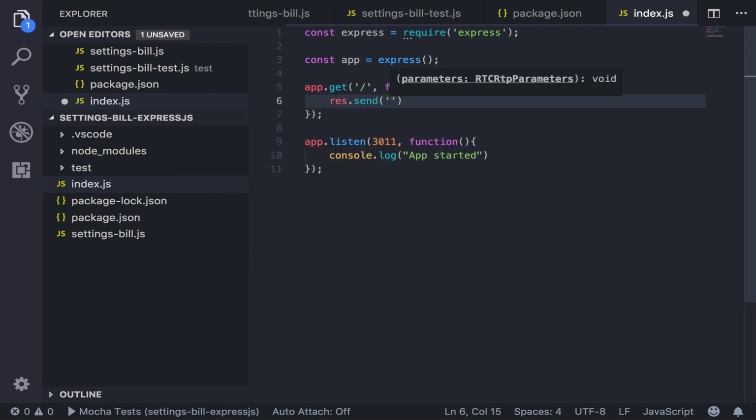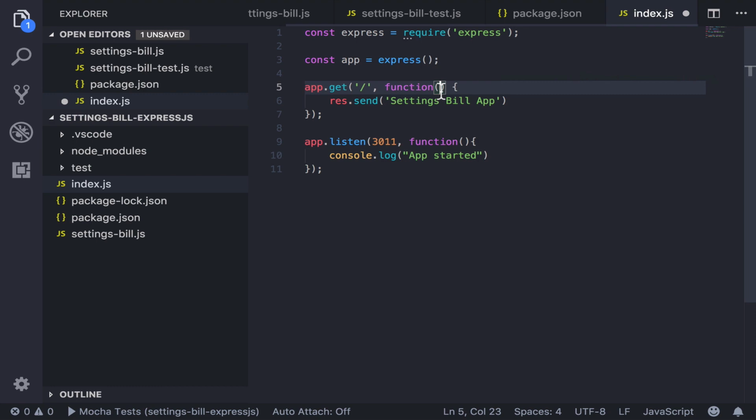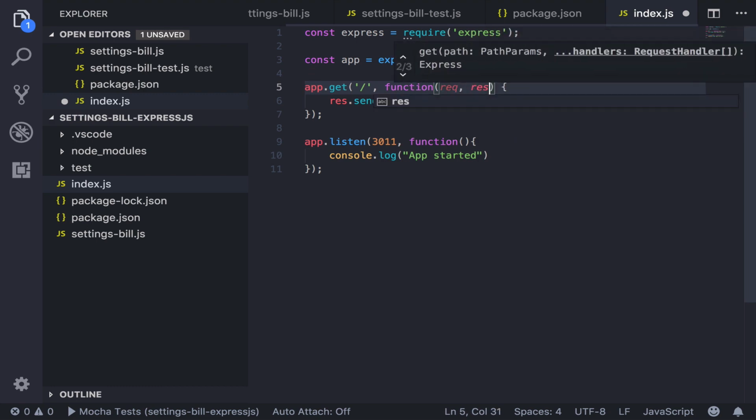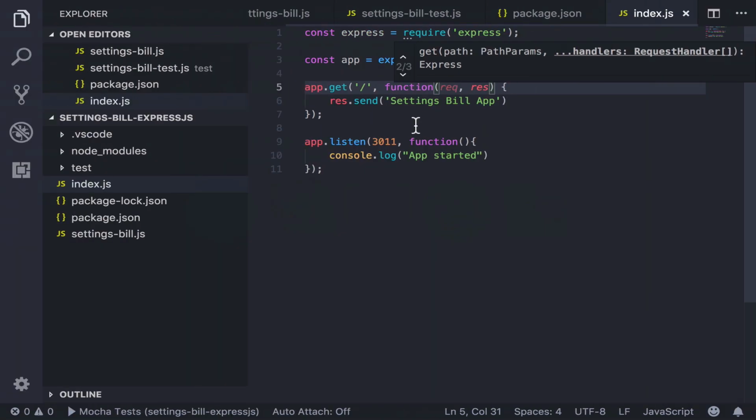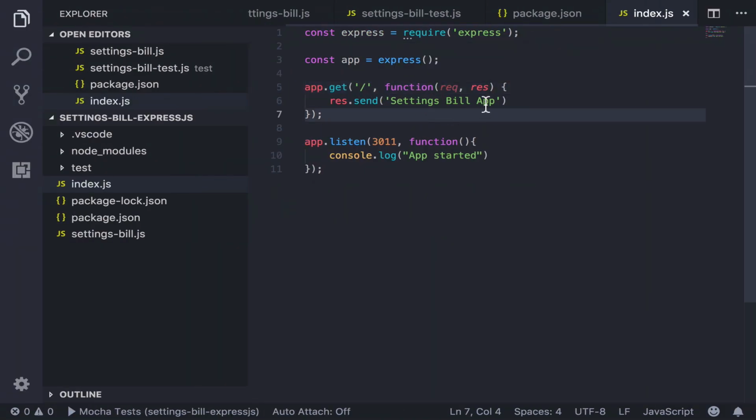We're going to say now settings build app. So I set that up. The important thing here is to do request, response. So now if I go back, run settings build app. So now I've got a very basic ExpressJS app running with one route,